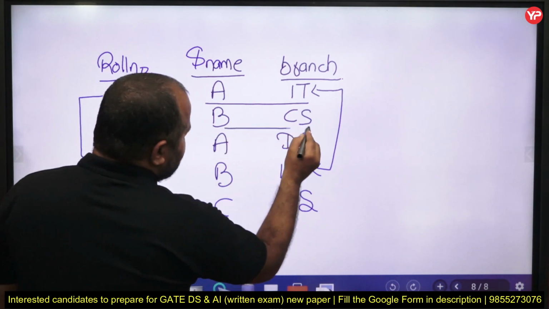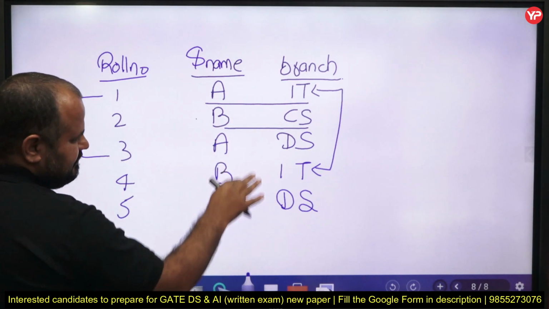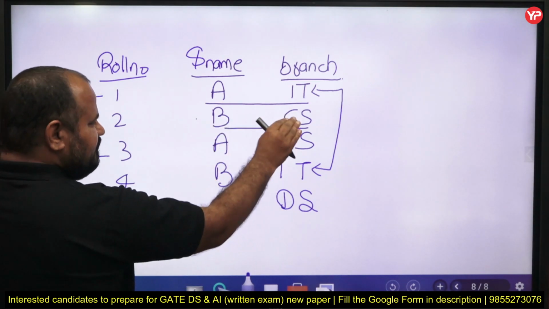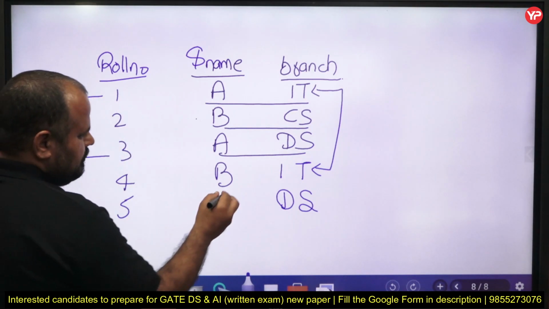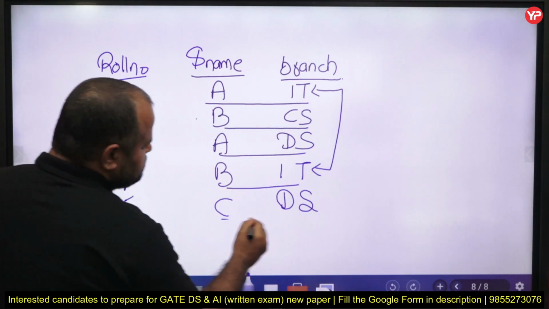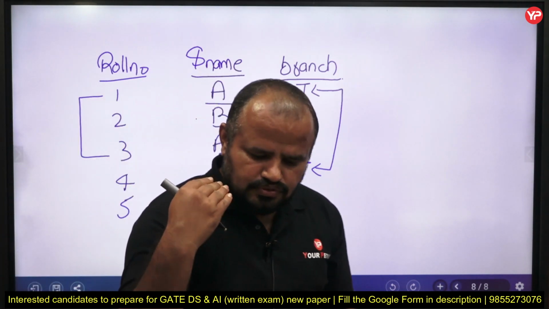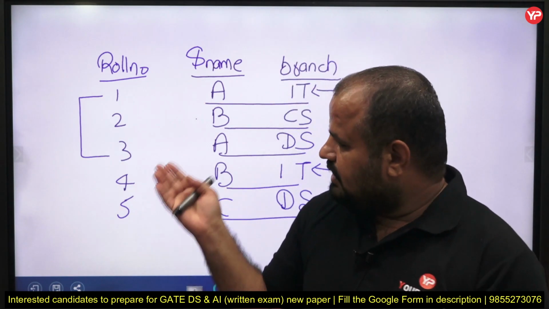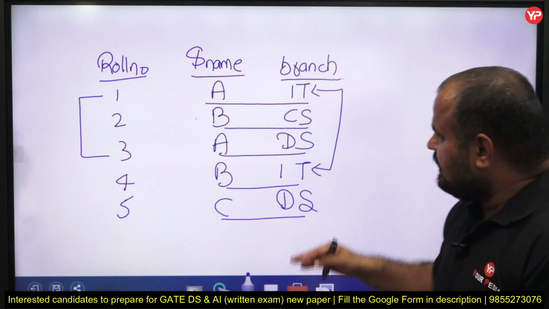Can you tell me, BCS, other than this entity, is BCS there? No. B is there, CS is there, but B with CS is not there. What about ADS? No. BIT? No. CDS? No. It means whenever you call a student name with their branch, you will always get a single response. So, in that case,